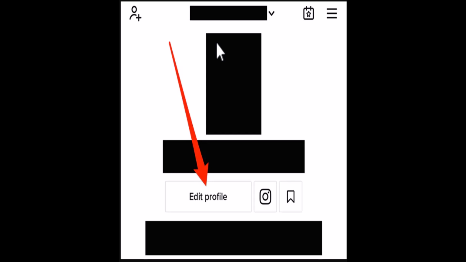Before getting started, make sure to update your TikTok application to the latest version and also make sure to check your internet connection. So then let's get started. Log into your TikTok account. Once you're logged into your account, you'll be directed to the home page, and in the right-hand side corner